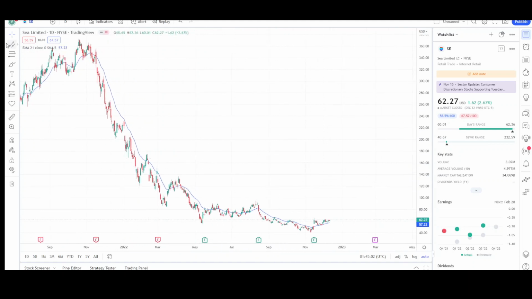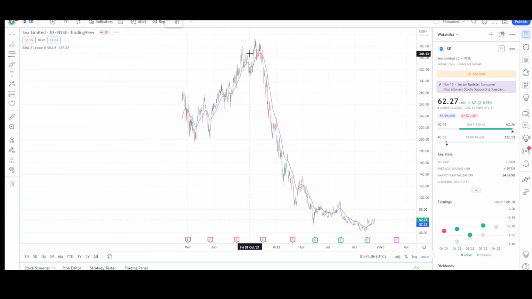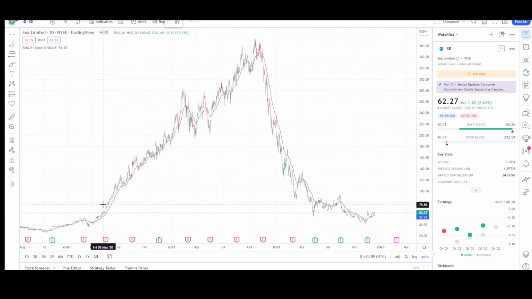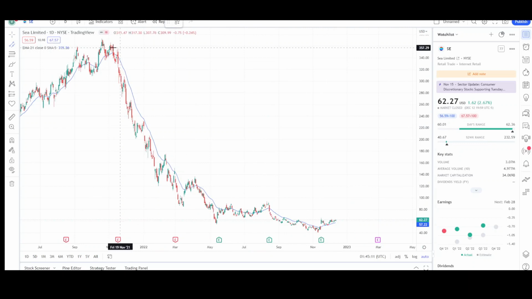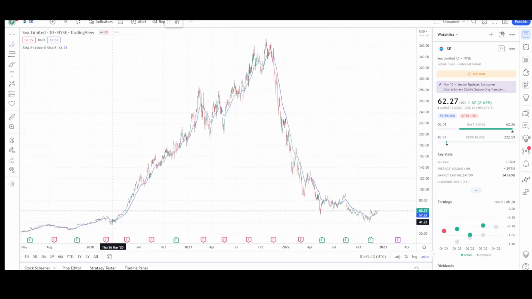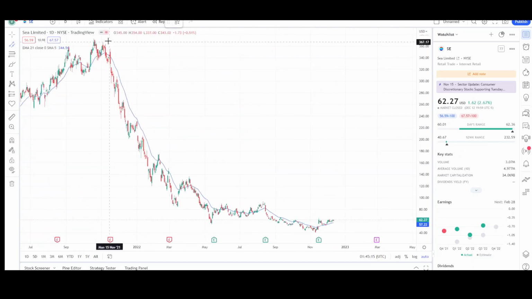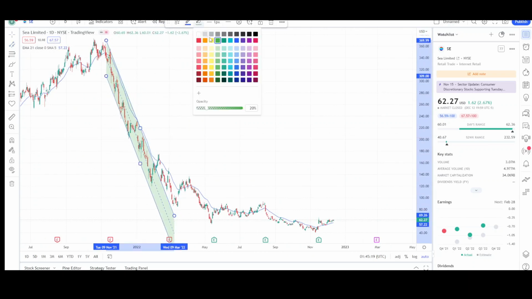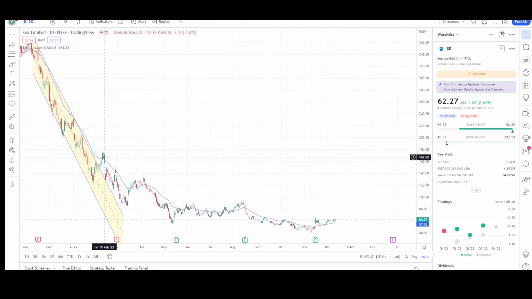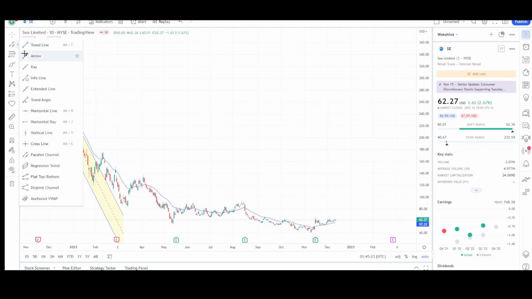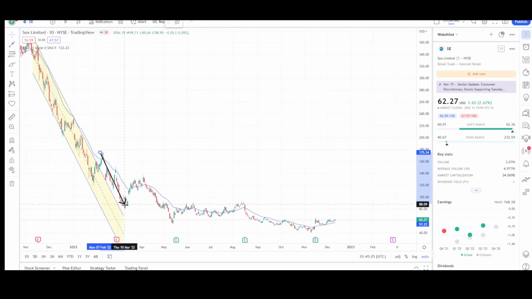So basically there was this major downtrend channel in play because C Limited was extremely overvalued and extremely overextended. So we finally saw a nice crash down, came back to the starting point. That's normally what you expect to see. You can see this downtrend right over here. This was the downtrend in play, and then we had a break of this downtrend, and then a few legs down to a new low, which is textbook